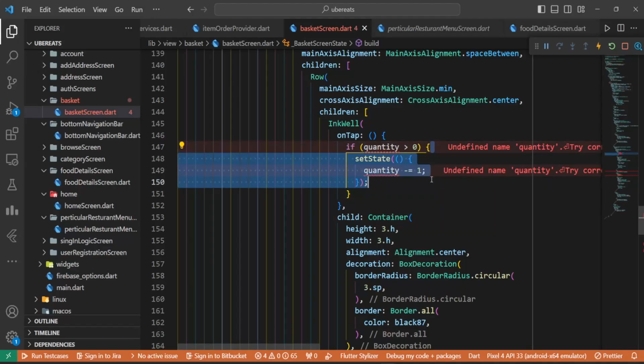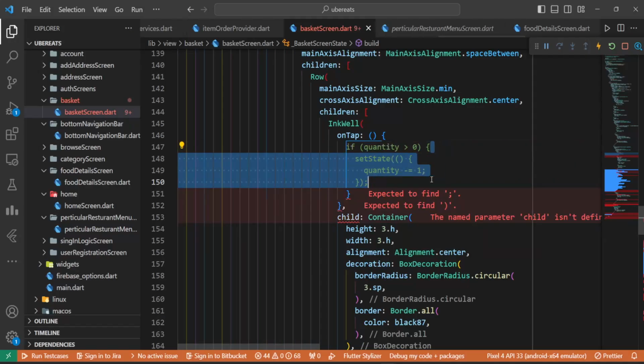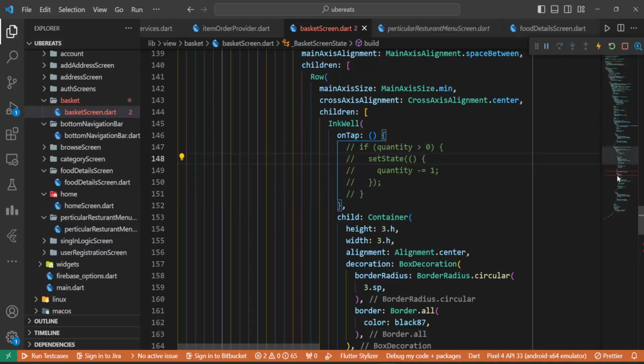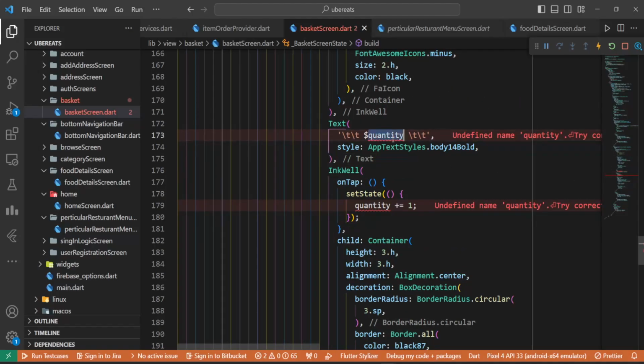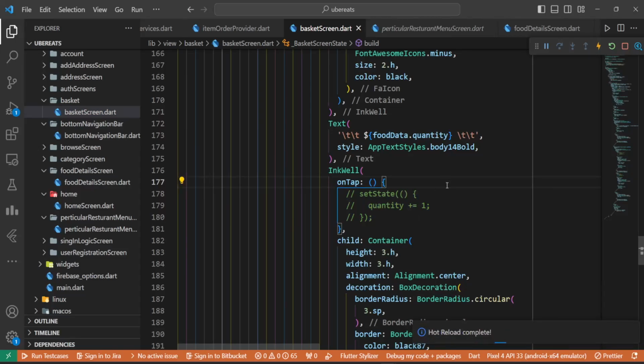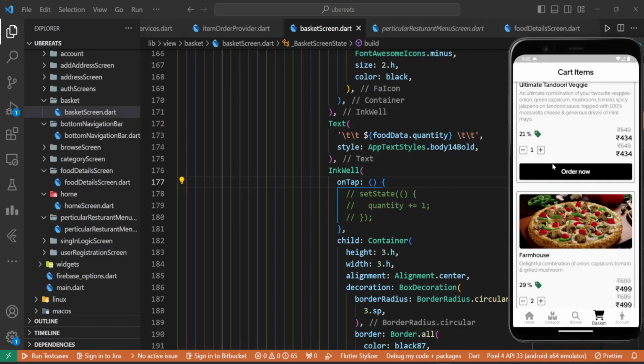Let's for now comment this out. And here we do have this quantity thing. So we will go with food data dot, we have to add curly braces here, food data dot quantity, and let's just do the same here. Let's save it and let's have a look. Okay, it displays us the quantity,